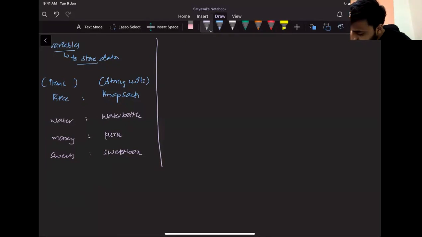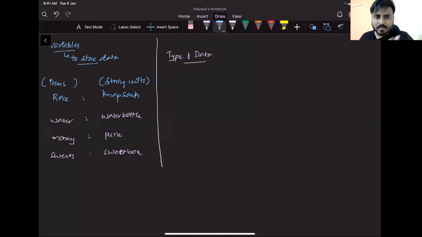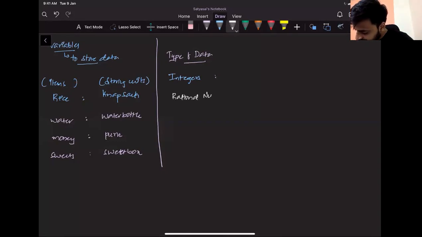Now, tell me, what are the different types of data? A few different types of data which we very frequently use. Numbers, positive numbers, negative numbers. Can I simply say integers? What if you want to store points, 0.3, 0.4, 1.3, 1.4, all these kinds of numbers? In other words, can I say they are rational numbers? And what else? Obviously, your text, the things you're typing, A, B, all these things, correct? Text we type. And maybe something called true or false.